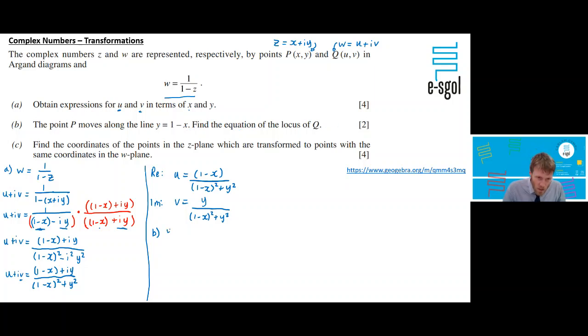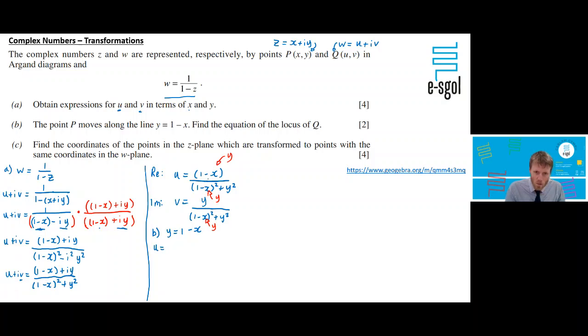I'll just copy this down. y is equal to 1 minus x. So my way of doing this is thinking, let's change anywhere we've got 1 minus x, for instance, here and here, and here. Let's just change them into y's and just see what happens. So u